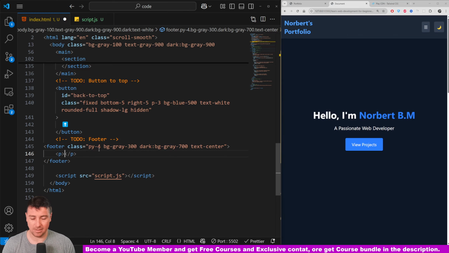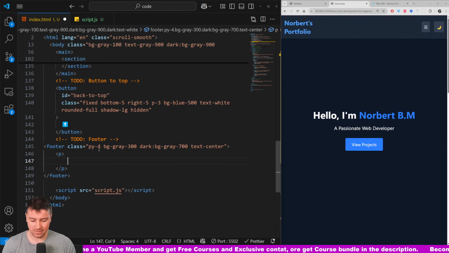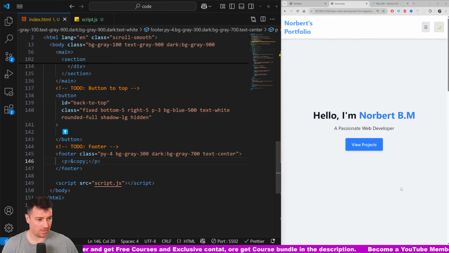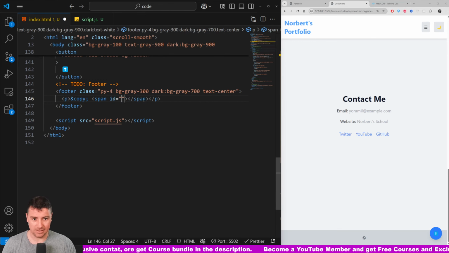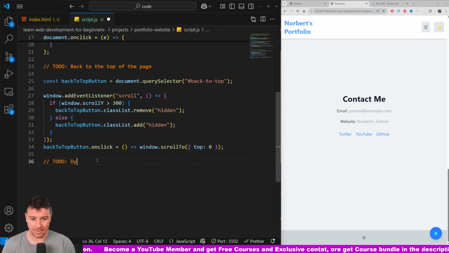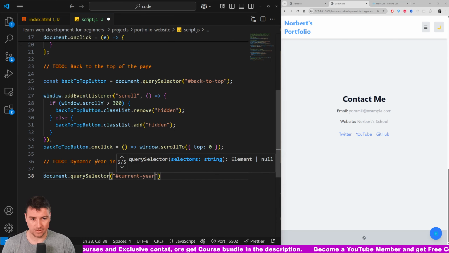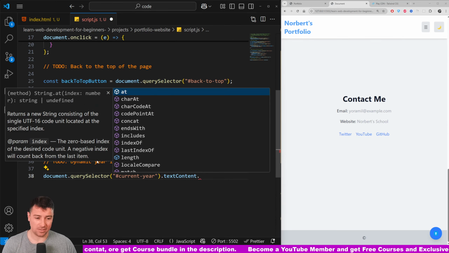Just going to have a paragraph tag with the ampersand, copy, and semicolon in order to get our copyright sign there. Now we need here, after the copyright sign, a date. So what I'm going to do is create a span tag, add here an ID of currentYear, and I'm going to show you a little trick for how you can constantly update this to the current year. For this, we're going to go to JavaScript, create here a to-do, and let's type in here dynamic year in footer. And the way we can do this is const, and this time we really don't need it anymore. So document.querySelector, the ID of currentYear, .textContent,